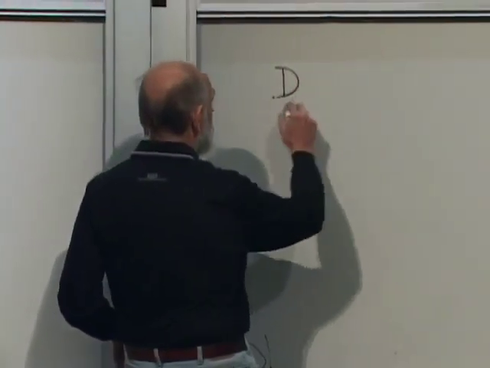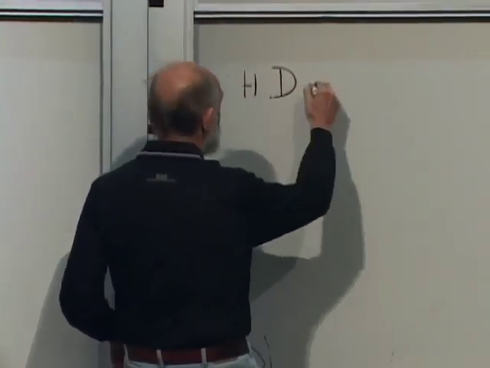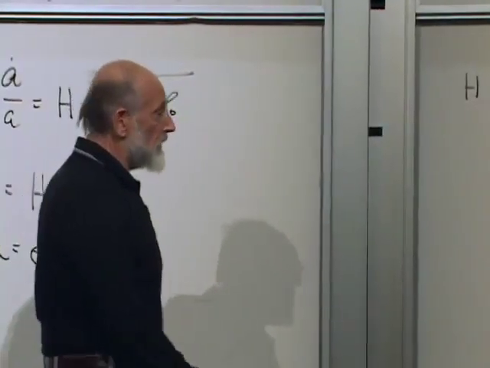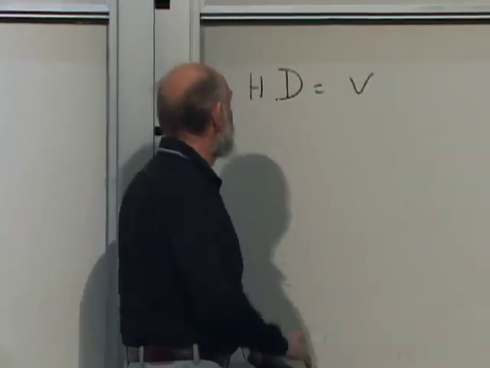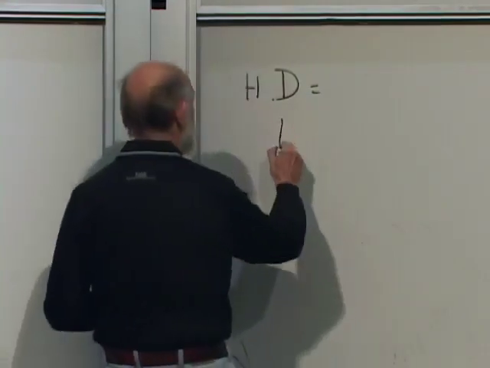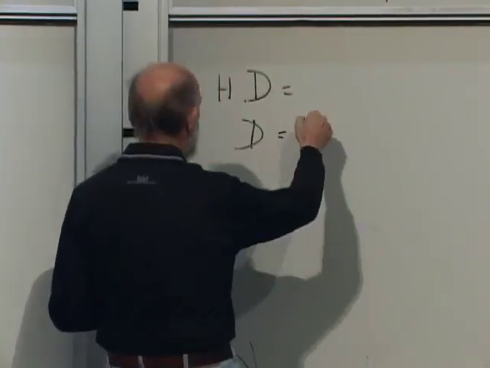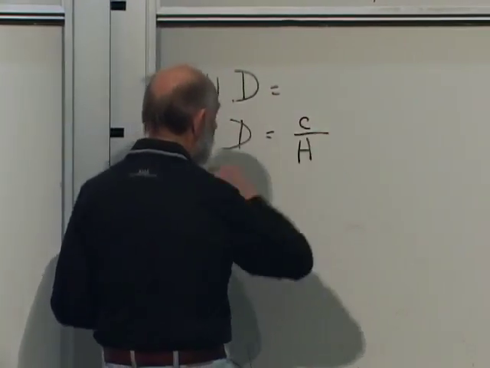All right, remember that distance times Hubble is equal to velocity. And so if we want the velocity to be the speed of light, then the distance that we have to go out to is equal to the speed of light divided by that Hubble